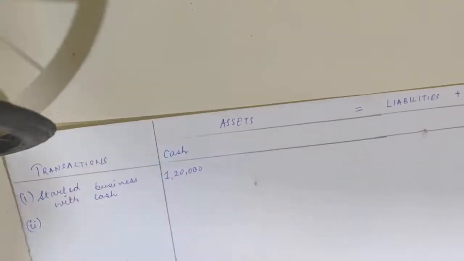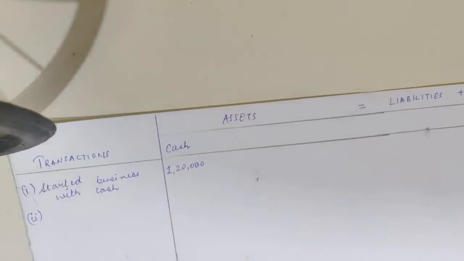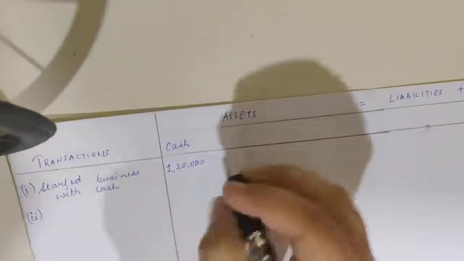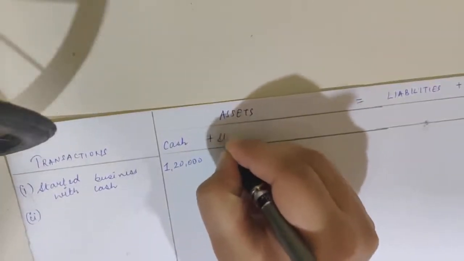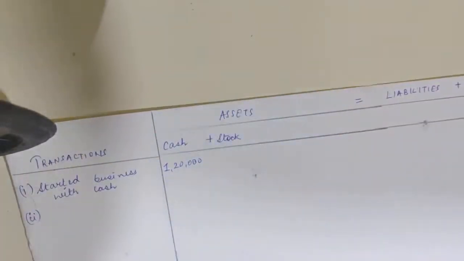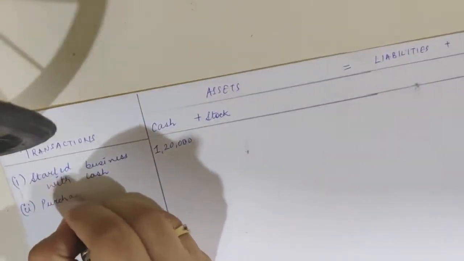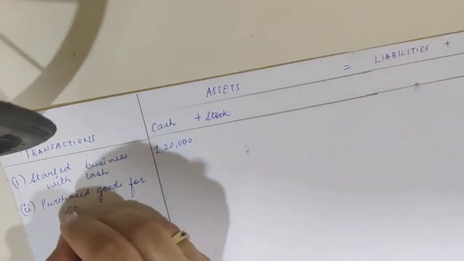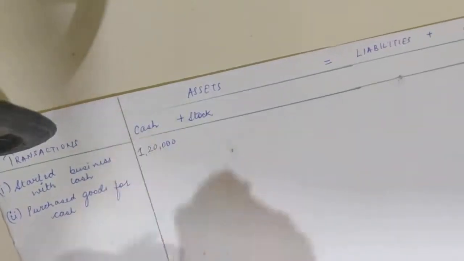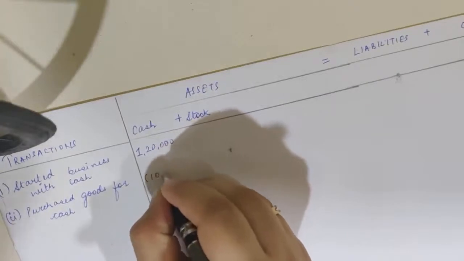Alright. Now for the second transaction, it says purchased goods for cash rupees 10,000. Now let's say we have purchased goods for cash. Since two accounts are affected, one of them is cash and the other one is your stock. Purchased goods for cash. I'm going to write negative 10,000